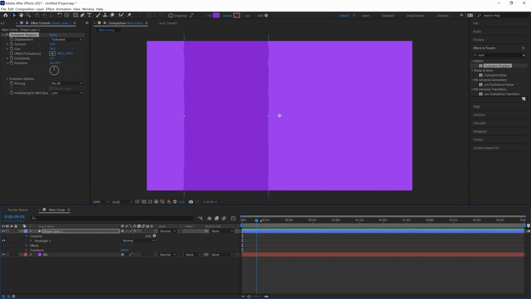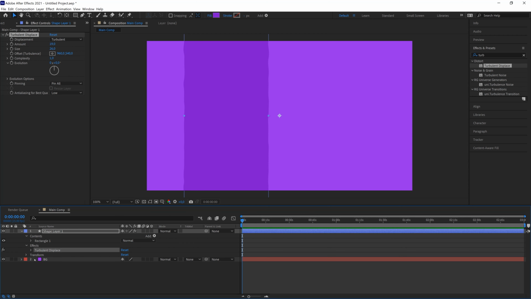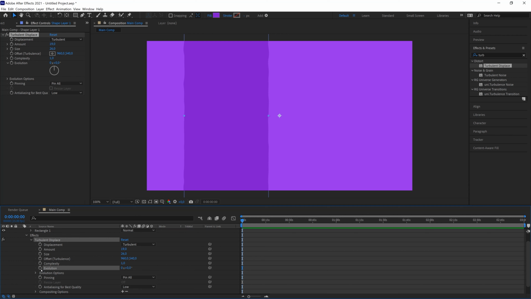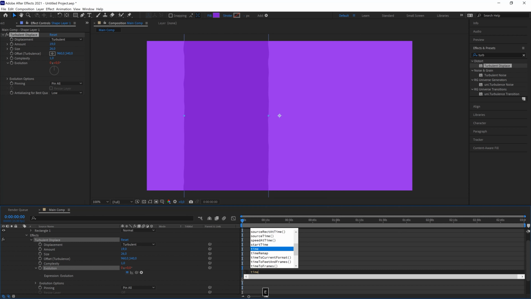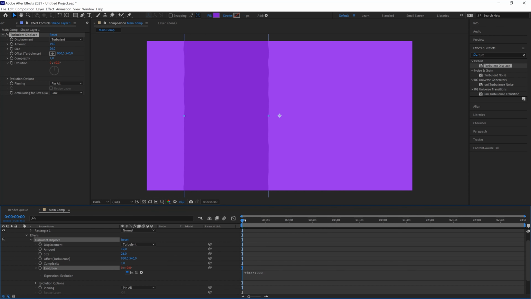When we slide our timeline, we don't see any movement. We need to make the evolution move while we go in time. We will need an expression. Let's go to turbulent displace, evolution, press Alt and the left mouse button. Write time times 1000. It will multiply the time by 1000 and when we move, it will move the